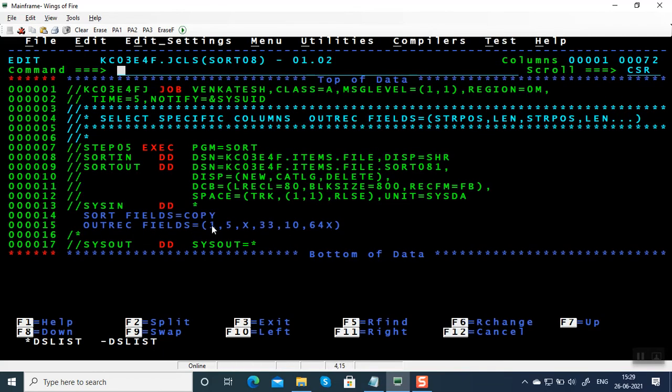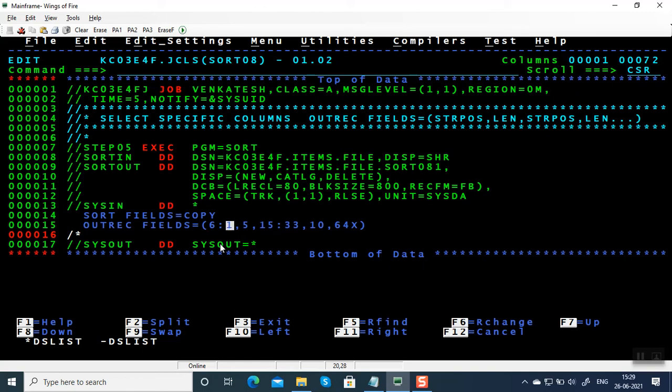And if you want to change the position, for example, if you don't want to start item number in column 1, instead you want to start in column 6, you have to give 6 colon. Similarly, if you want to start this at, say, 11 or 15, you can give 15 colon. In between these two, it automatically fills with spaces, so you need not give any X.